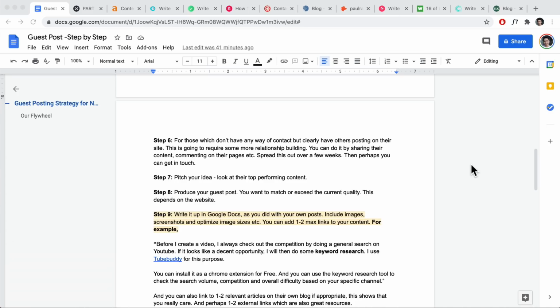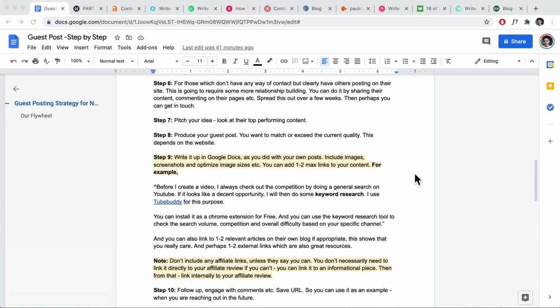So what you could do is, after you've written your guest post, look at the content on their blog and try to help them internal link to their own website, right? Because that's going to help with their own on-page SEO as well, and help their own pages to rank. Okay, so you can do that, and then make sure to not include any affiliate links unless they say you can, and you don't necessarily need to link directly back to your review page,